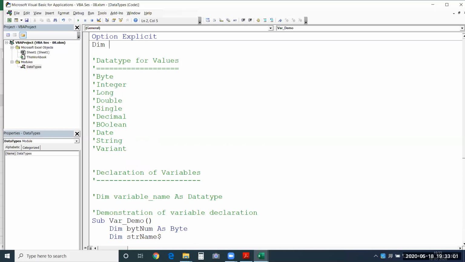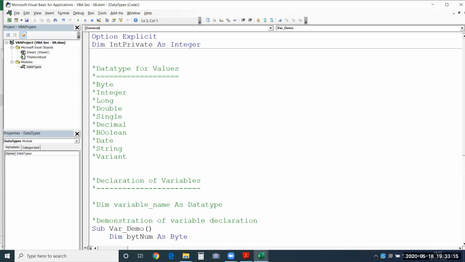I'll use Dim, I'll say intPrivate as integer. Okay, so this is another value. And we have Public as well. Public, I'll just say intPublic as integer again.